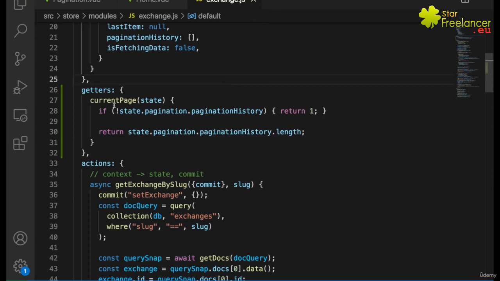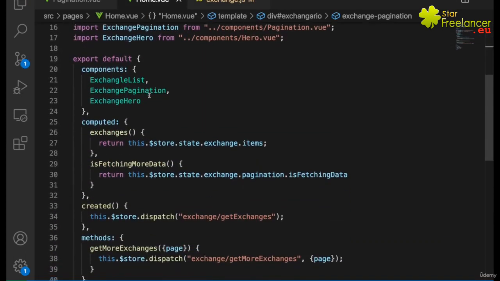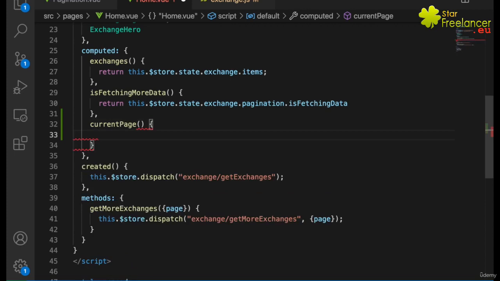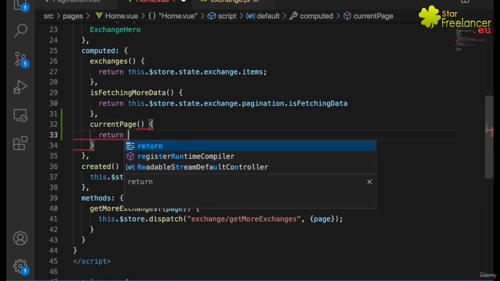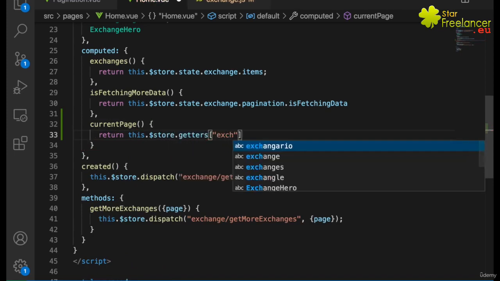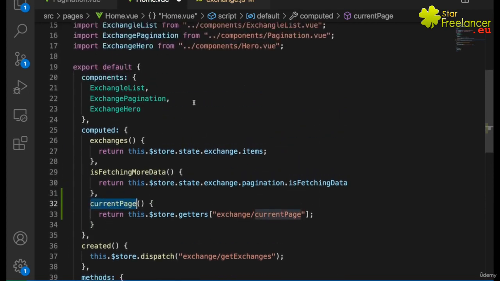Okay, and now I can use the current page. So go back to home page. Let's compute that. Let's call it current page. I will simply return here whatever I have in a getter. So return this.$store.getters, and let's extract here exchange/currentPage. Okay, and I will get this getter and return this computed property